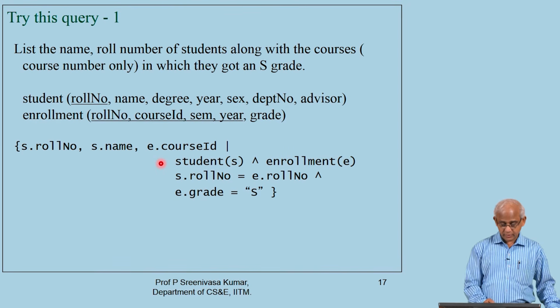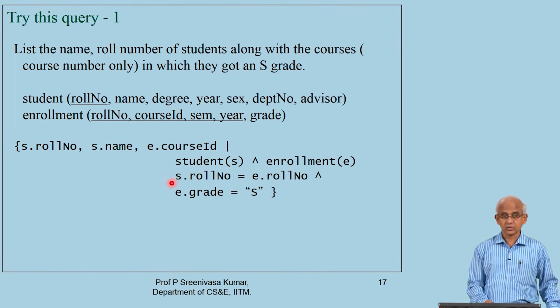So, notice that since we require course ID, which is coming from enrollment, we will make both student and enrollment free variables. We will consider all possible student tuples and all possible enrollment tuples, and if they match, that means the roll number of the student is the same as the roll number mentioned in the enrollment tuple, and the enrollment tuple records a grade of S,